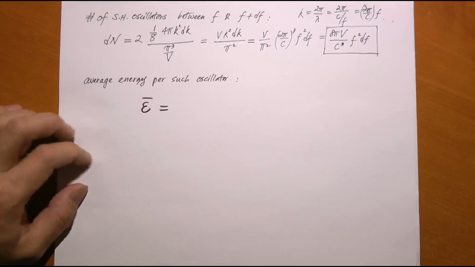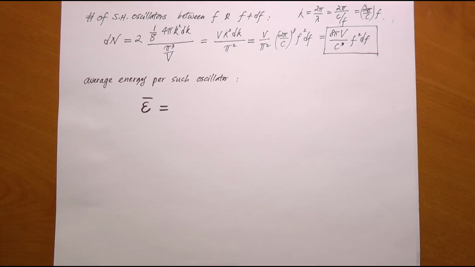Now, we're halfway there. We know the number of oscillators that can exist between f and f plus df. But what is the energy of each of these oscillators? Well, in classical statistical mechanics, we learned that if you can express the energy of a system as a whole bunch of independent quadratic terms, then according to what's called the equipartition theorem